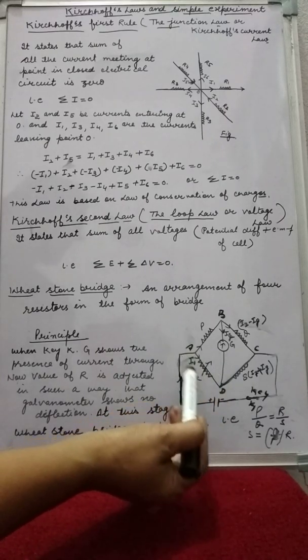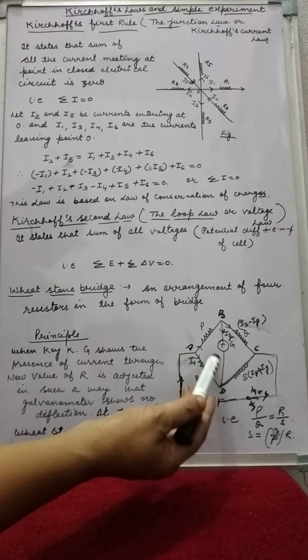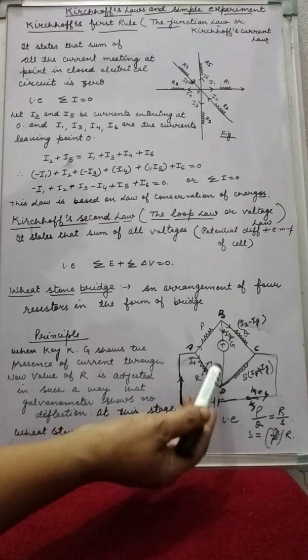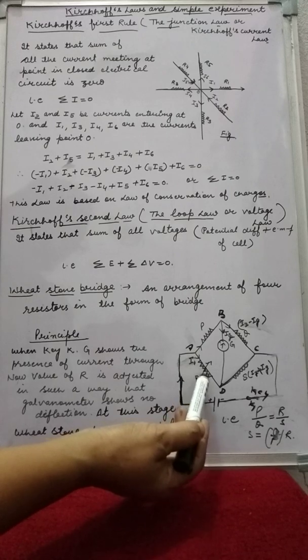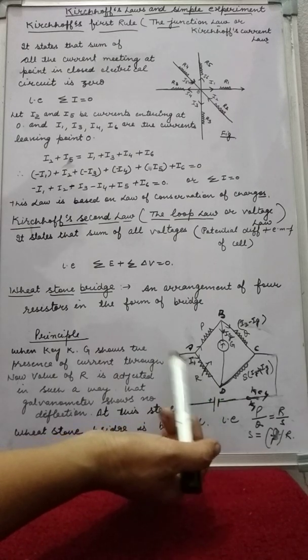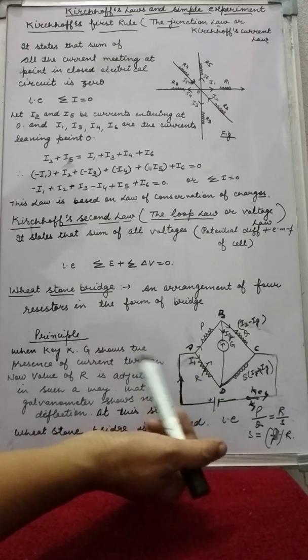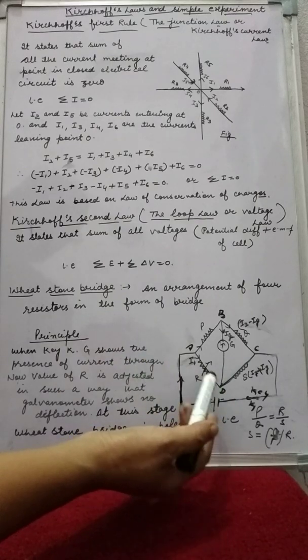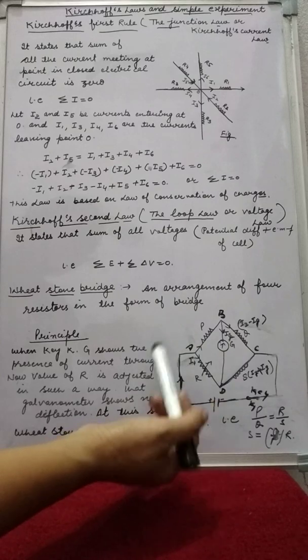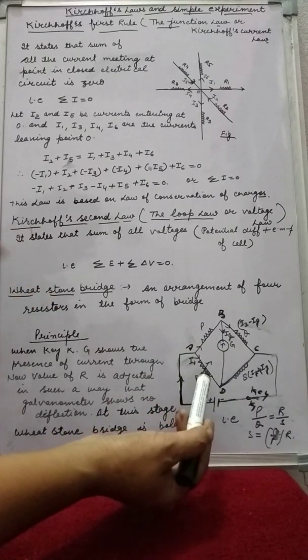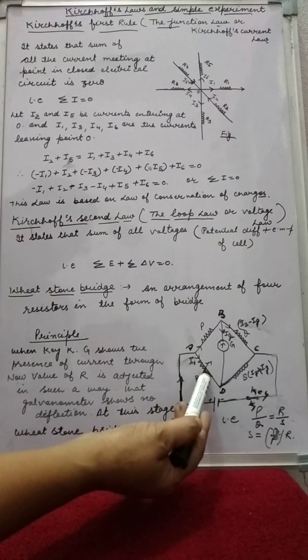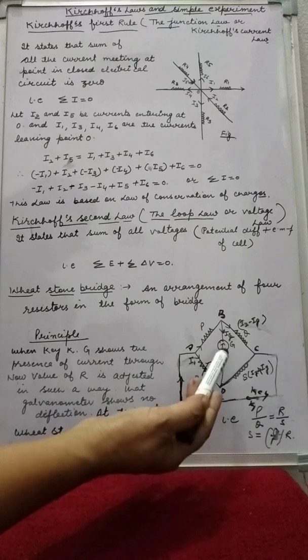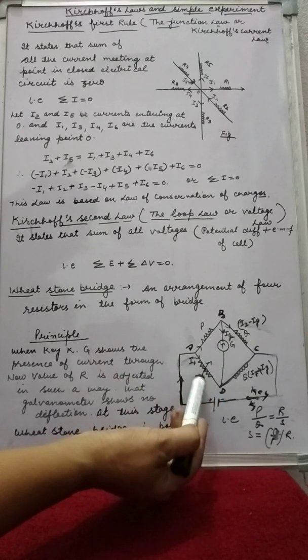From here we can adjust any value of the resistance. There are so many values of the resistance. You can say 10 ohm, 20 ohm, 30 ohm, 100 ohm, 200, up to 5000 ohm. There may be such values of the resistor, so we have to put that value. It may be 20 ohm, 30 ohm, 50 ohm. So what value do we have to adjust here?